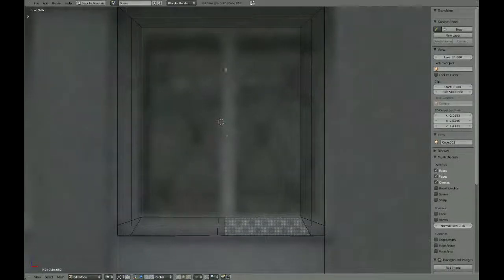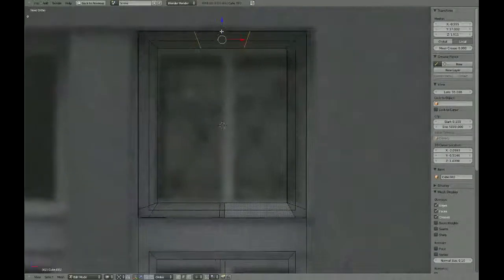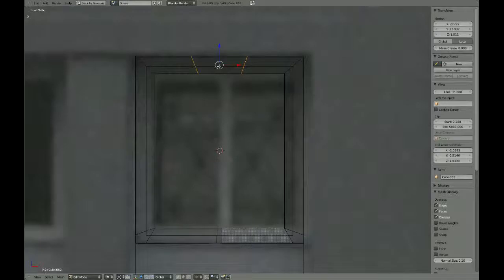What we're going to need to do is a loop cut up here, so Control R and then push forward once with the mouse wheel and then press left mouse button down. Okay, and I'm going to press S on the keyboard and then X just to scale on the X-axis. And then we're going to do the same as what we did before, so we'll jump into vertex mode, so Control Tab into vertex,